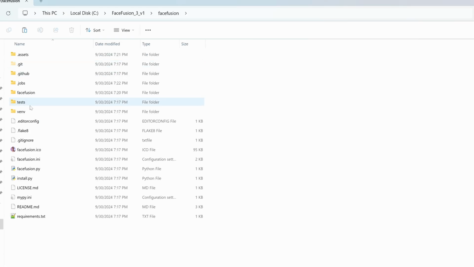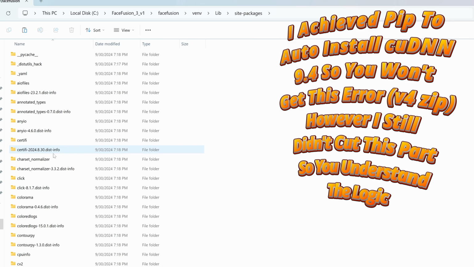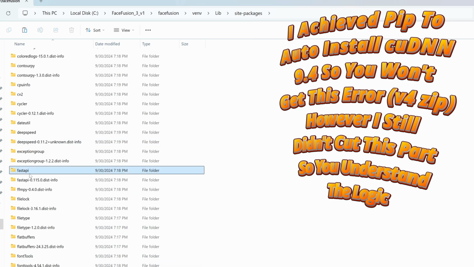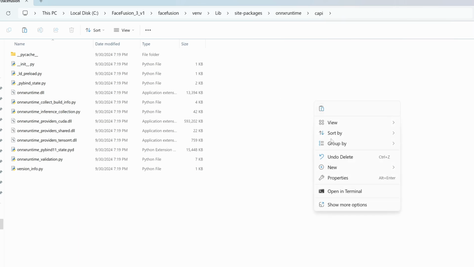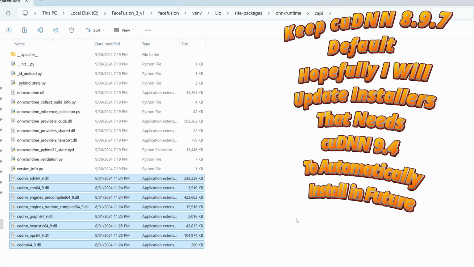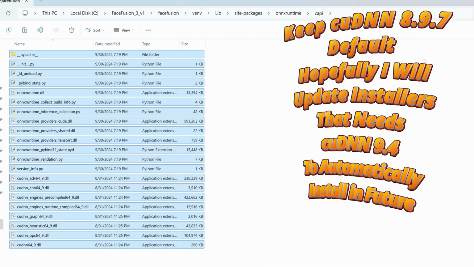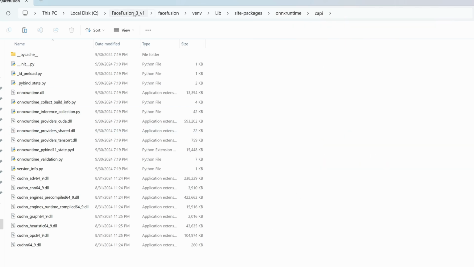Enter inside Face Fusion, enter inside the virtual environment, Lib, site-packages, and in here find onnxruntime and copy. You need to put all of them here like this. Also, making CUDNN 9.4 default may fix this issue, but I think this is a better way. You see, one application requires CUDNN 8.9, another one requires 9.4. So there is no one-for-all solution.